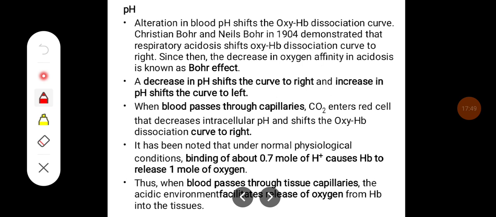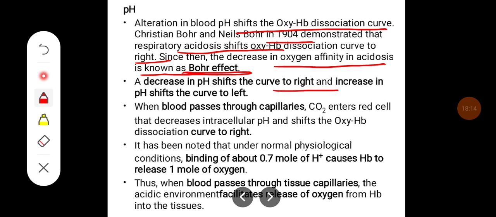pH. Alteration in the pH shifts the oxygen dissociation curve. Okay. So Christian Bohr and Niels Bohr in 1904 demonstrated that respiratory acidosis shifts the ODC curve to the right side. Since then, the decrease in oxygen affinity in acidosis is known as Bohr's effect. A decrease in pH shifts the curve to the right, and increase in the pH shifts the curve to the